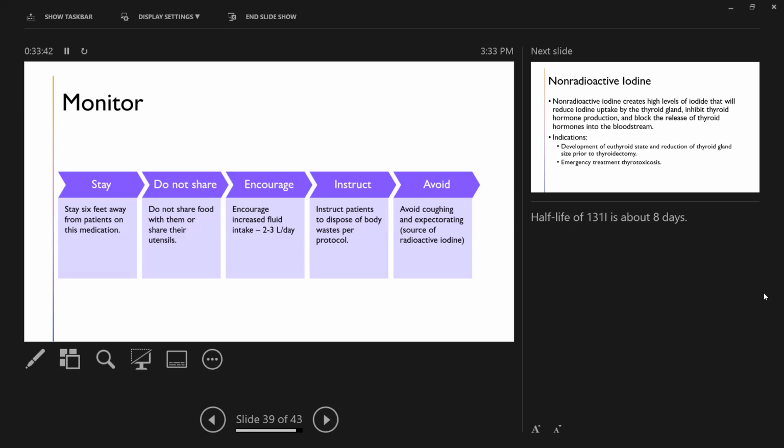In fact, some insurance policies will have the patient get a hotel room, and they'll pay for a hotel room. And so the patient can essentially alert the staff about the radioactive bedding and then dispose of wastes per protocol while they're in the hotel room. And then the hotel room usually will have a protocol they'll go through. Usually the room will be sealed and then 2 weeks later, the staff will go in and wash the bedding and so on and so forth,